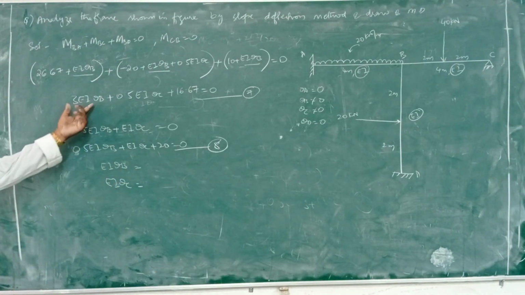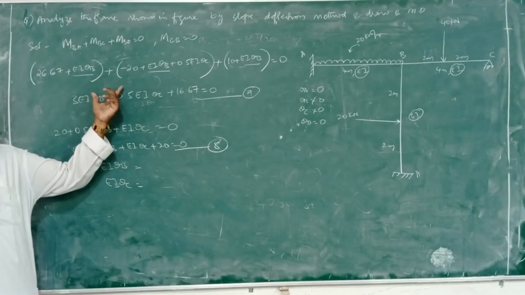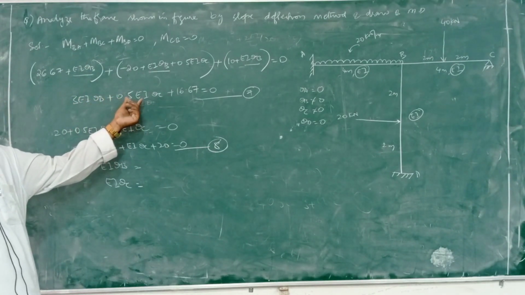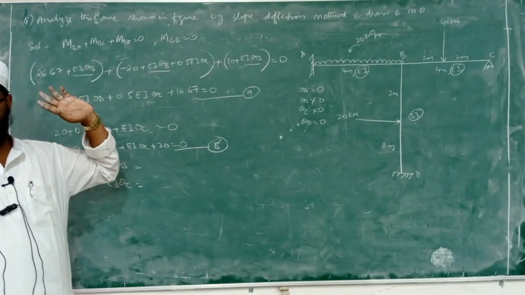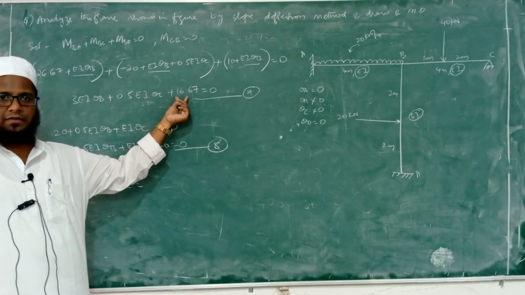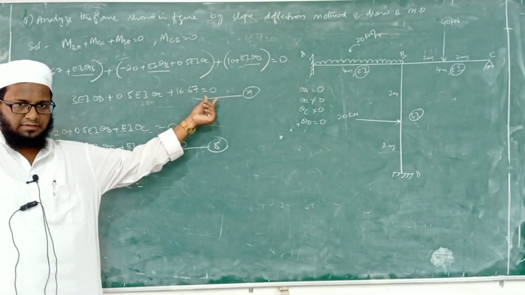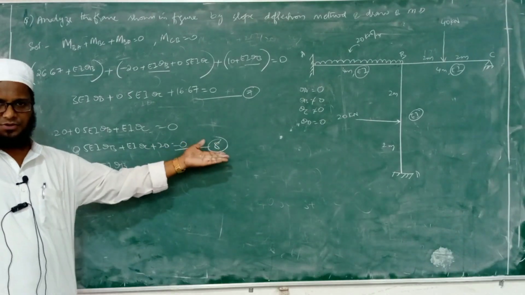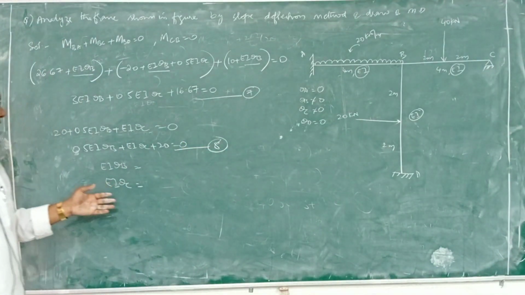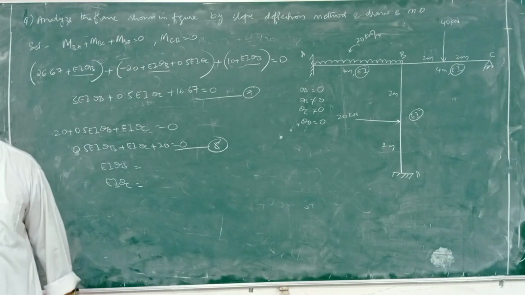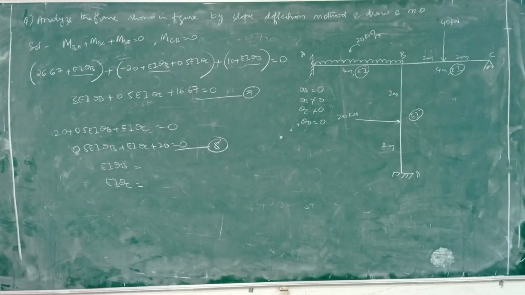Solve this one in your calculators. In your calculators, as I told you before also, the ax plus by equal to c equation mode will be given to you. Okay. So this value you have to substitute minus 16.67 there. Here also you have to substitute minus 20. If it is minus, you substitute plus there. Okay. So once you substitute and solve it, you will get the value of EI theta B and theta C. What are those values?